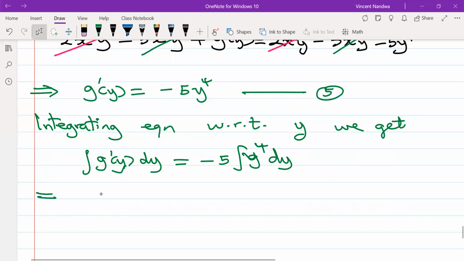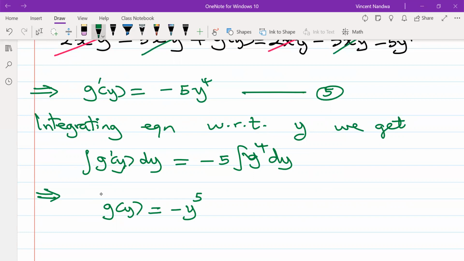So this will give us g of y equals -y^5. Remember what we discussed previously on the steps of solving for g: you don't add the constant of integration. We are just interested in the function itself. So if I call this 6,